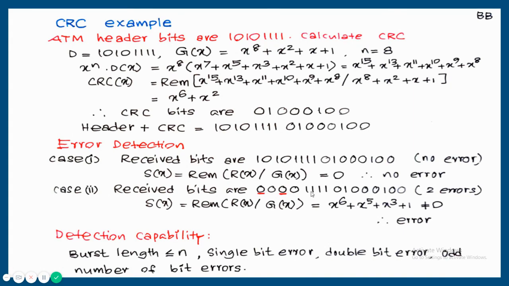So maybe you can make more errors here, and if the burst length does not exceed 8, it is always detecting that error. First error is here, second error is here, the third error is here, the fourth error is here. Then if you calculate the burst length, it will be 8. 1, 2, 3, 4, 5, 6, 7, 8. So up to 8, 100% sure the CRC is going to detect. And even if it is greater than 8, in many cases it will detect, but not 100% guaranteed. So for burst length less than or equal to 8, CRC is always detecting.